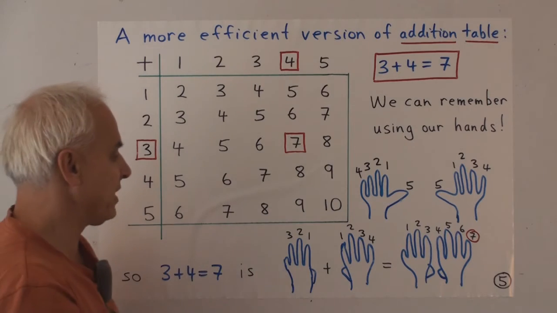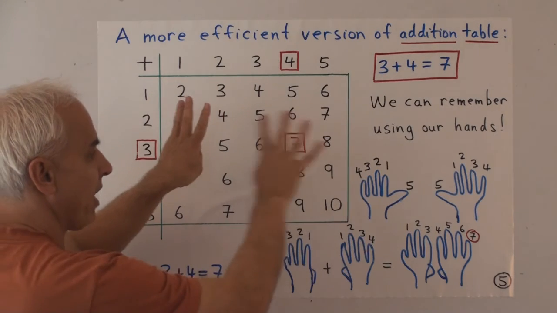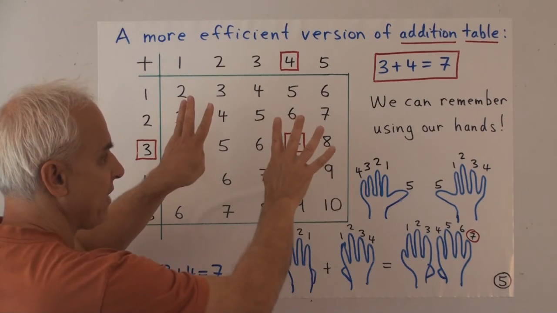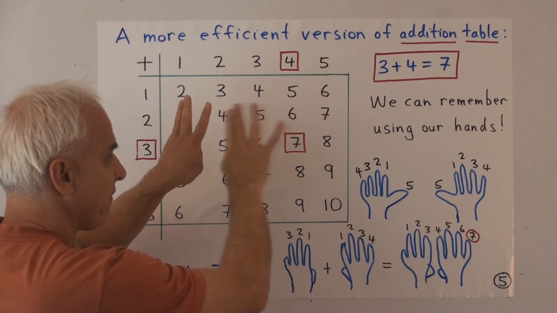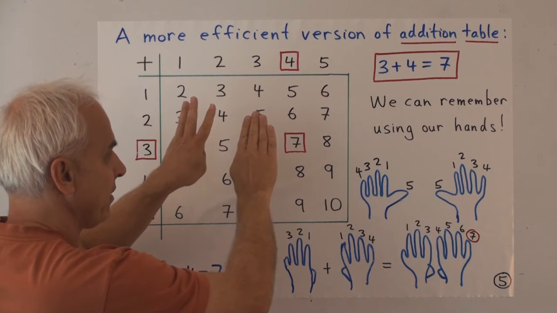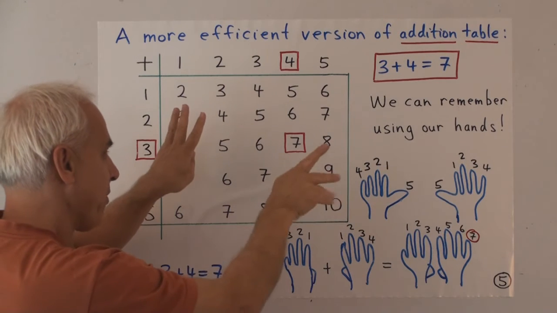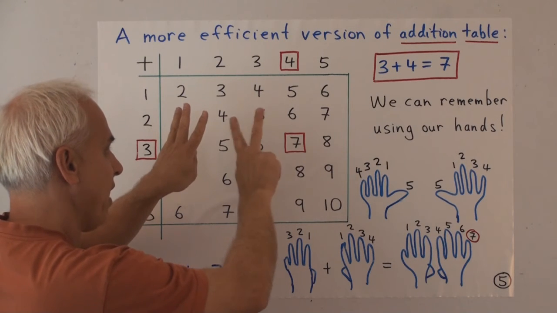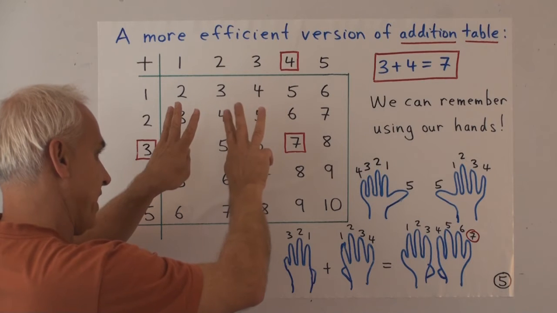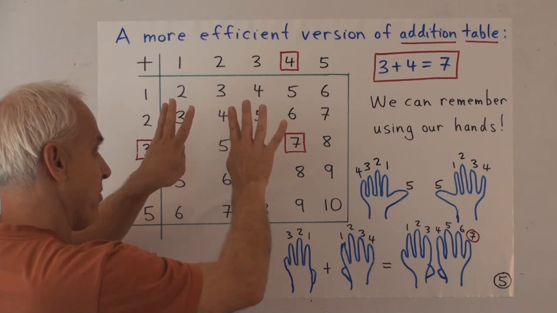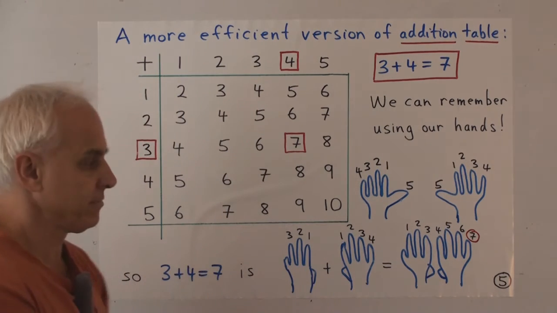A variant on that would be to say, all right, we'll start with 3 and then we'll add 4. So adding that 4 means we get 4 and then 5 and then 6 and then 7. In other words, we can assume that we already know we have 3 because that's the first number, and then we're adding one more to get 4, another one more to get 5, and then one more to get 6, and then a fourth one more to get 7.